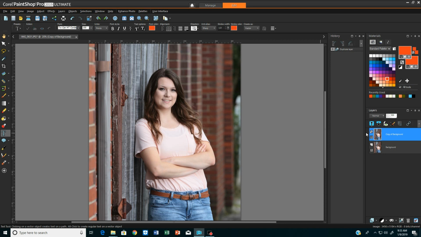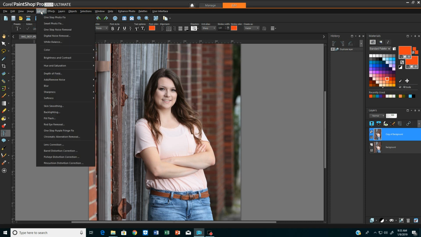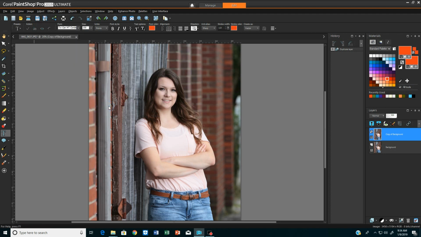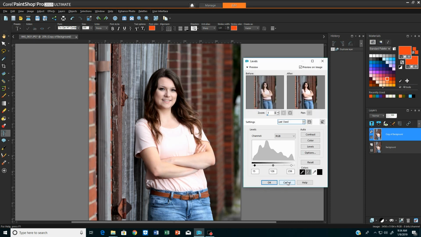So first thing that I want to do, I want to work on the brightness and contrast just a little. The way that I do this, and there's many different ways, I use the tools that Corel Paint Shop Pro puts out for you. The folks over at Corel Paint Shop Pro are always updating these things, and they're passing these updates out. So we want to go to Adjust, and I like this tool. We want to go to Brightness and Contrast. I'm going to slide over and down to Levels. Now, after I get to Levels, and you can see I had a preset in there, let's just hit Reset. Reset is the original image.